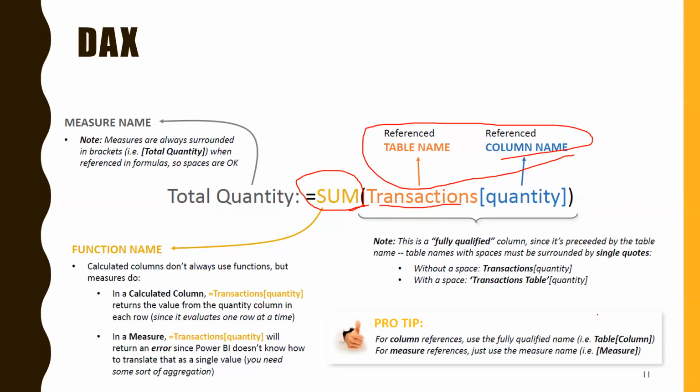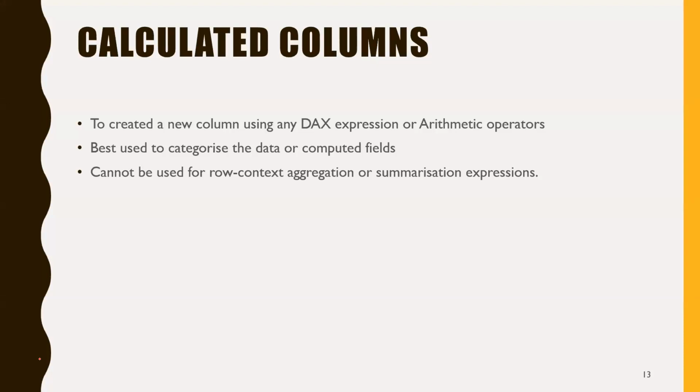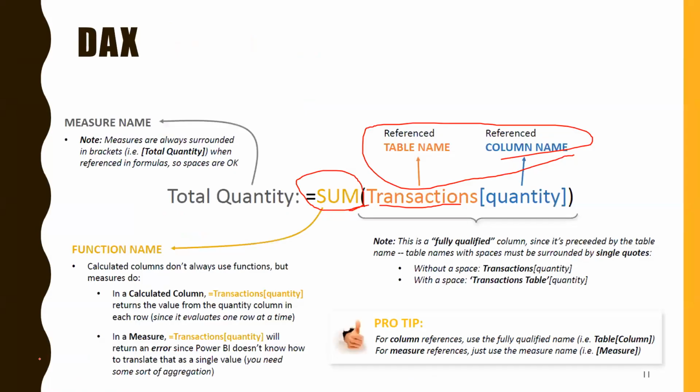But all other formulas are the same as Excel. You can put an IF formula, SUM formula, wherever you use not equal to in Excel, the same thing you can use in Power BI. So for DAX operators, if you just go through quickly, all the arithmetic operators are the same, all the comparison operators are the same, all the logical operators are the same. Similarly, Excel and this will be very, very similar.